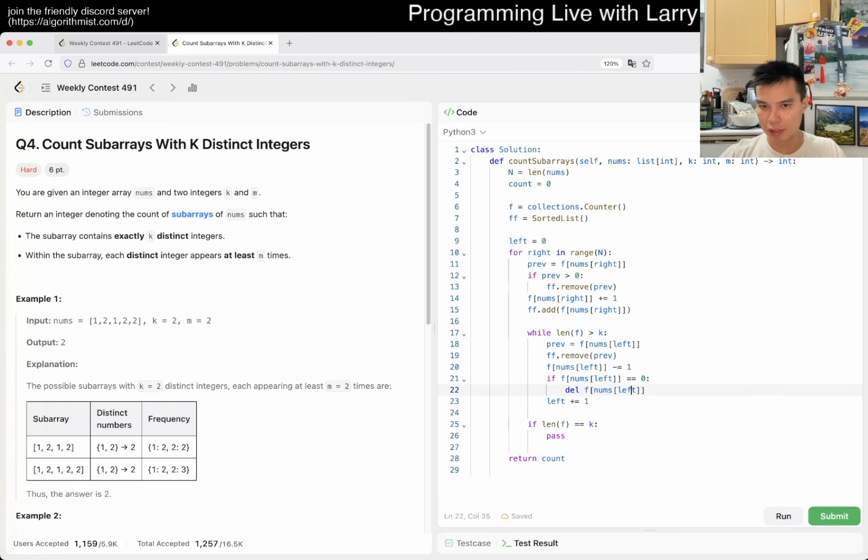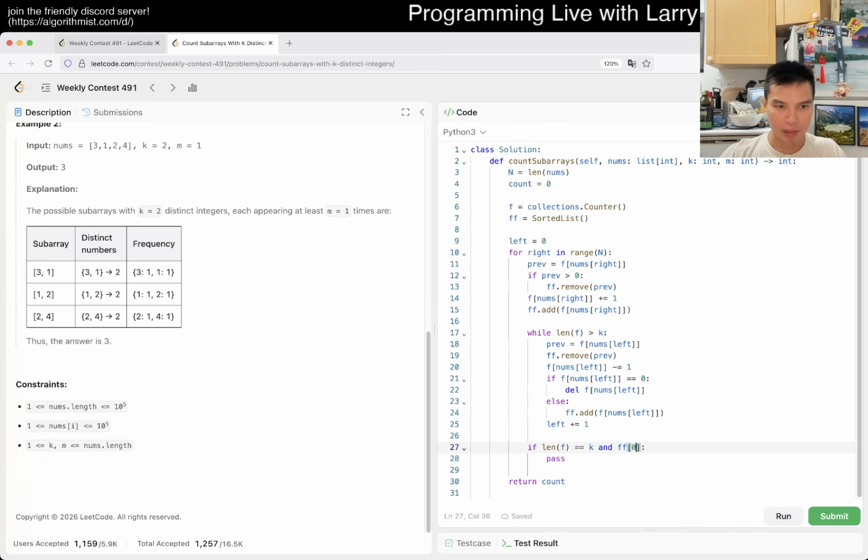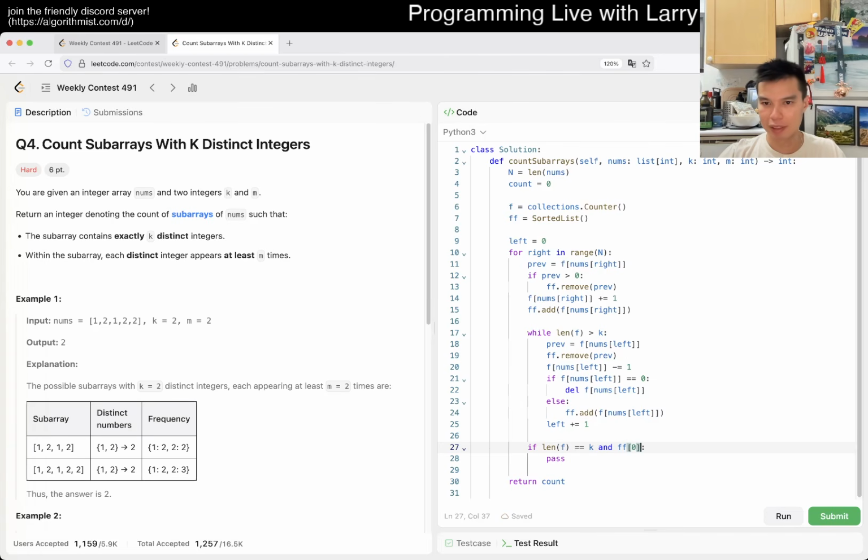if this is 0, then we do this. Otherwise, if it's not 0, we actually have to add it back in, right? And then now here, if f k could be has to be greater than 0, right? So this always exists. If this is at least m, then we do something, which is, oh, we have to count the number of arrays, right? So it's,